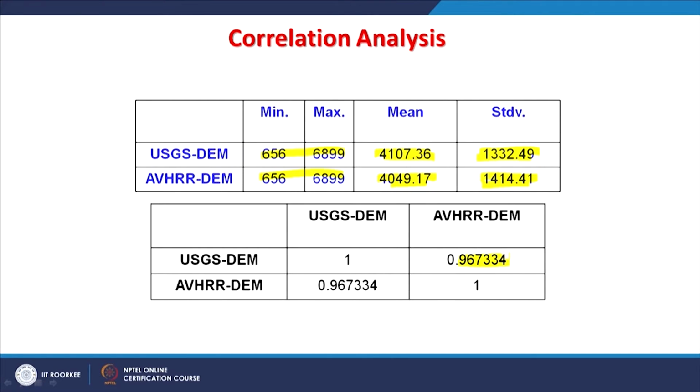So, it is having very high correlation between your NOAA and USGS DM, and therefore, it proves that while employing thermal images of night time from any satellite, if we need, just for the same area, we need a reference for two elevation values, that is minimum and maximum. Once those are there, we can rescale the entire thing and can generate a digital elevation model of very good